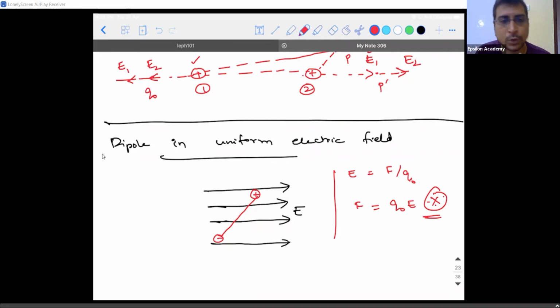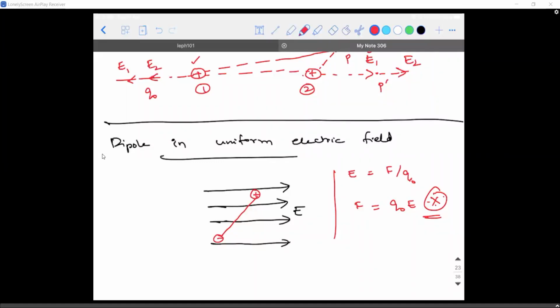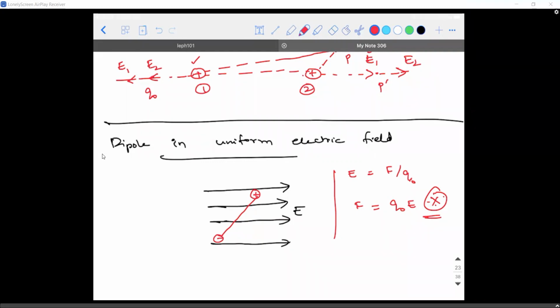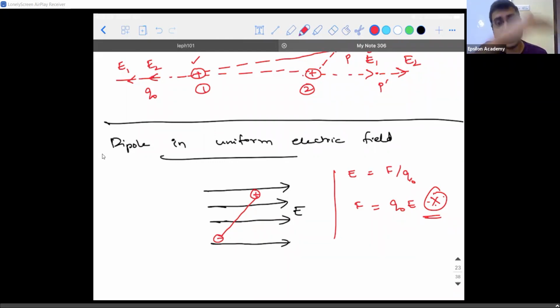When can you apply Coulomb's law? What is the required data? You need a system of two point charges and the distance of separation between them. Correct. But I can calculate the force if I know other data also. If I know the electric field already existing and the charge I am trying to place in that electric field, I will multiply the magnitude of the electric field with the charge that is present.